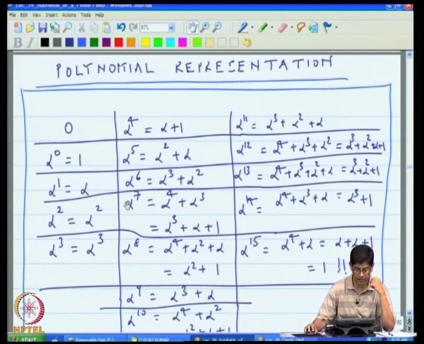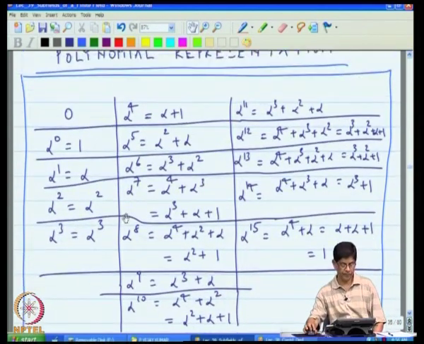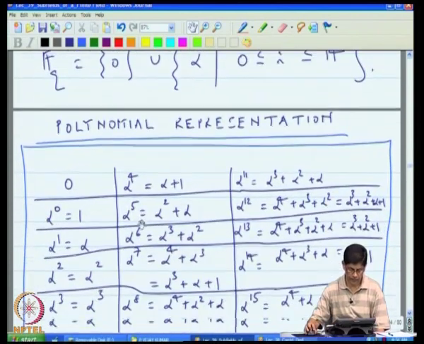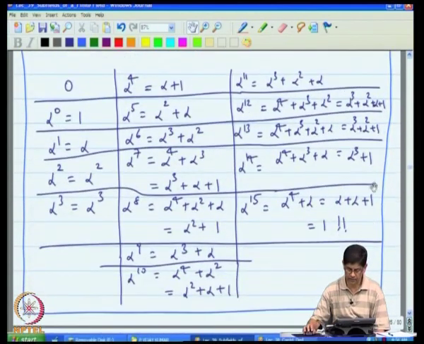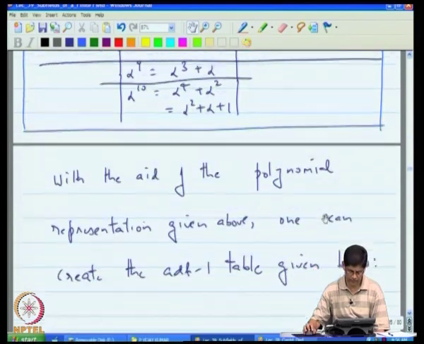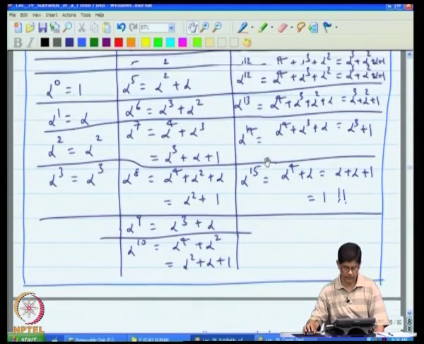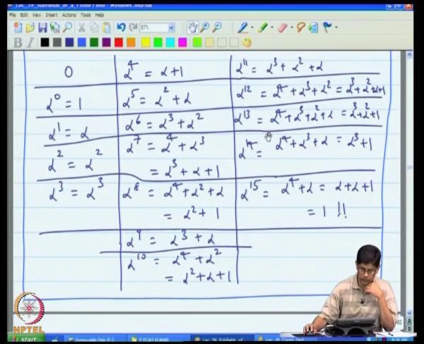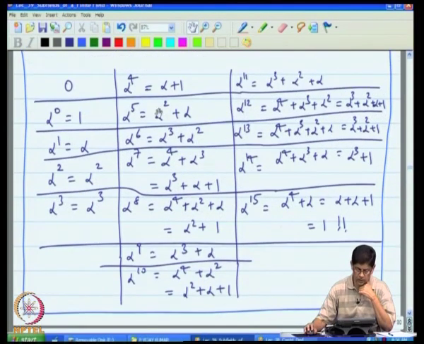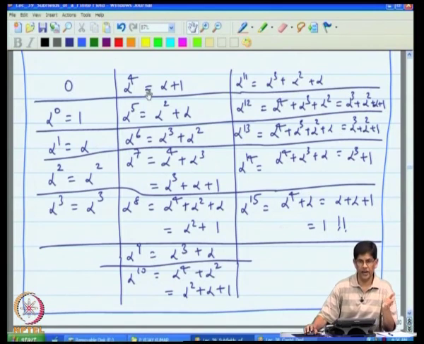and this time the requirement is that and this time we are just representing everything as a polynomial in alpha. And with the aid of this polynomial representation, the way in which we are going to use this table is as follows. So, I am interested in things like, here is alpha to the 4, it is alpha plus